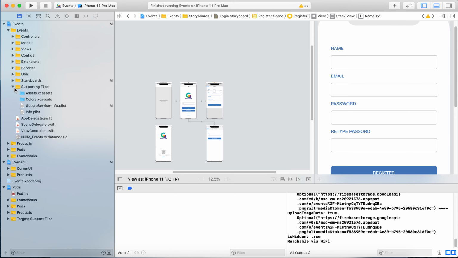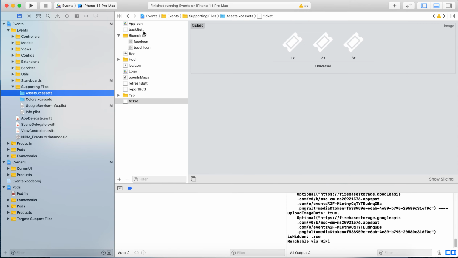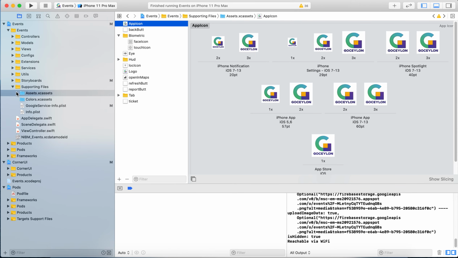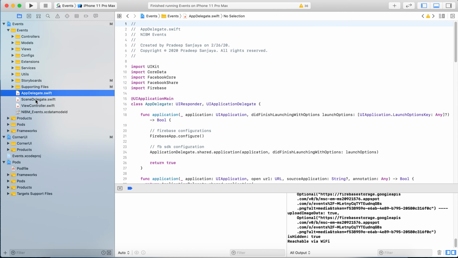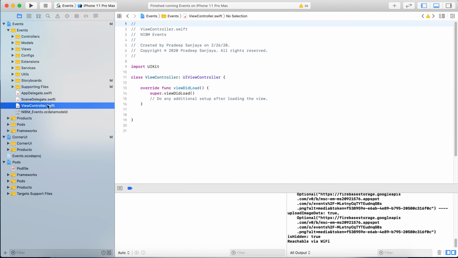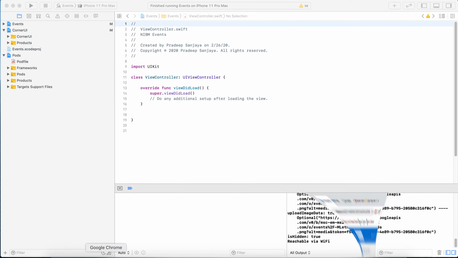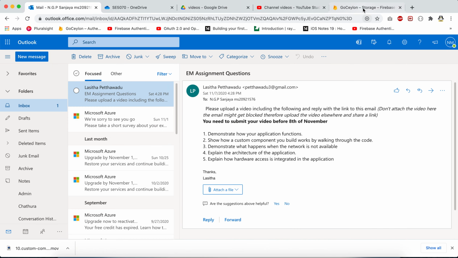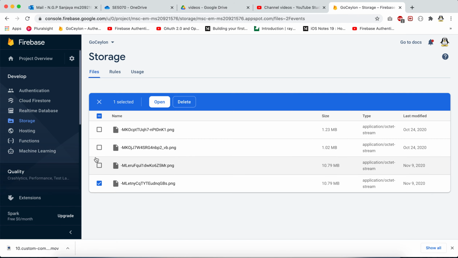There are also supporting files like the assets of the application, and the app delegate, scene delegate, and the view controller of the main components. This is the application architecture, as well as the database architecture listed here. So you have this cloud storage, which is storing the uploaded event files and user profile files in